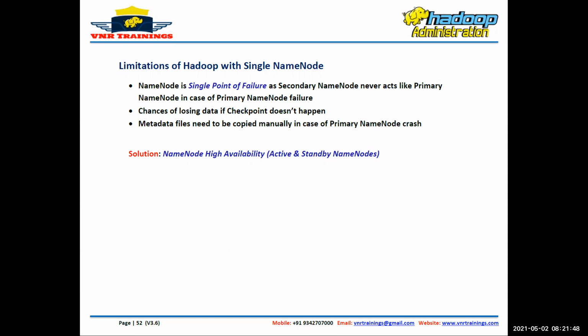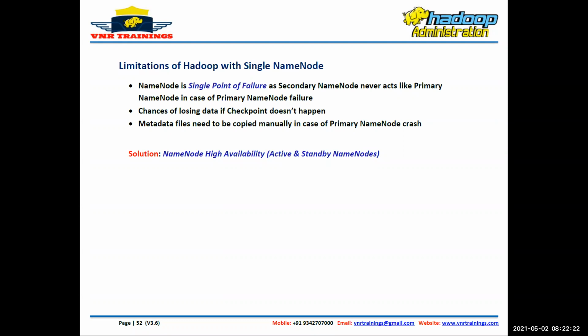Okay, so now what the Hadoop team thought was: we are giving a very good technology to the market, why can't we improve? Let us take all these people's feedback and try to improve our solution. What have they improved now? They came up with the concept of NameNode high availability. What is high availability? If one NameNode is not there, the other NameNode will take care of the work. Understand?